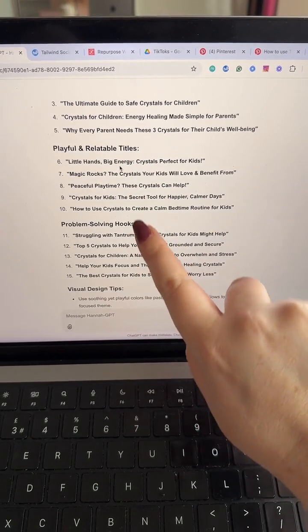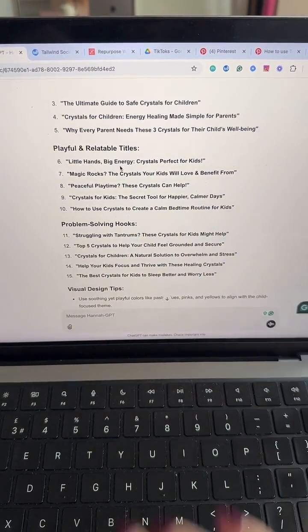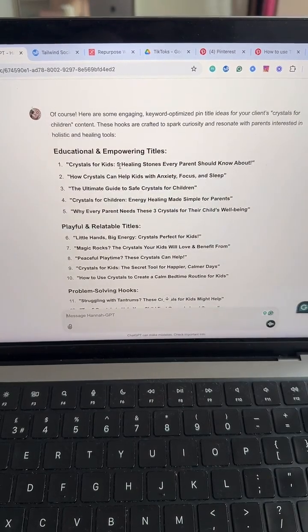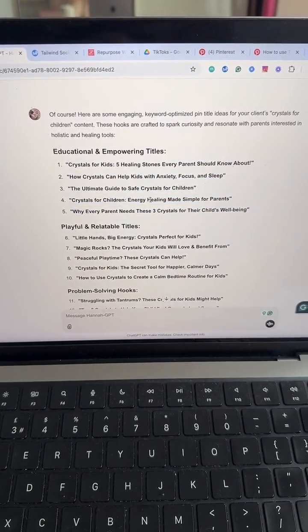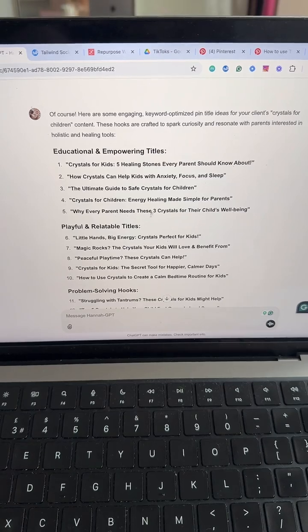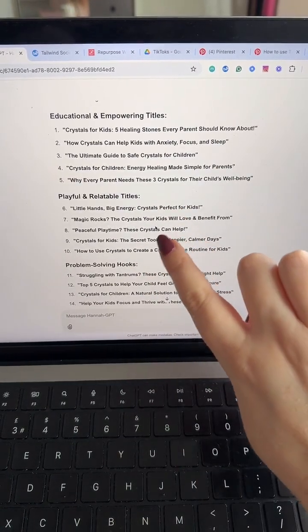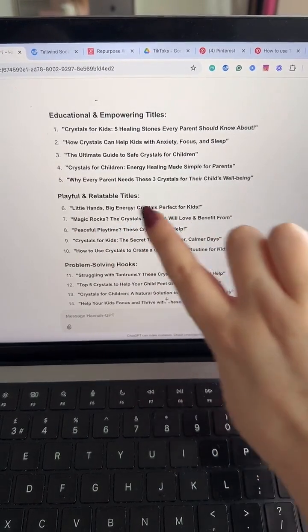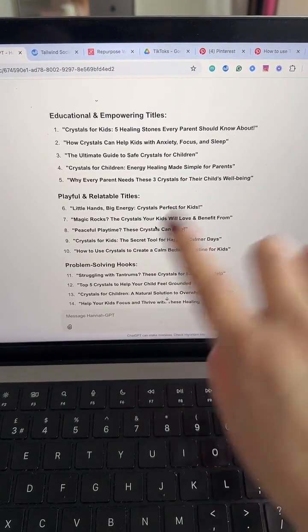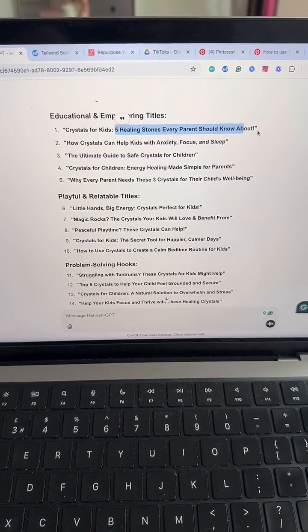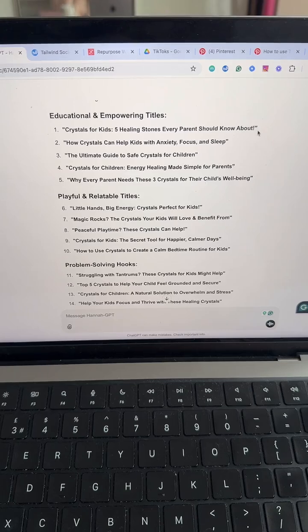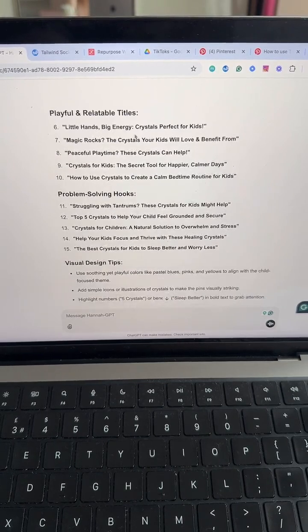Now, as Shaz is a product-based business, and we're thinking about clicking these directly to his sales page, whilst these are great for blog posts, Shaz, maybe take a screenshot of these. I know that you've got your lady setting up the blog at the moment, but I think these ones will actually be more helpful because they're not specific to a problem being solved or a how-to. These ones are very much how-to stuff, or people would expect to go to a blog post. 5 healing stones every parent should know about. Well, you'd expect to open that and see 5 different things. And if this is just maybe for 1 or 2 crystals or a specific crystal bracelet that Shaz has got, then these might be better.